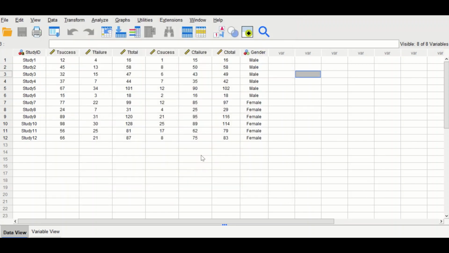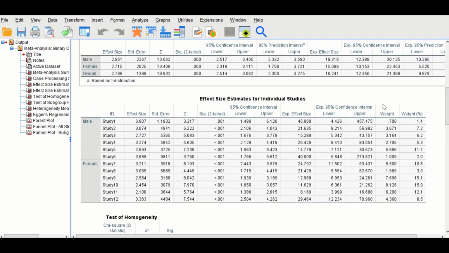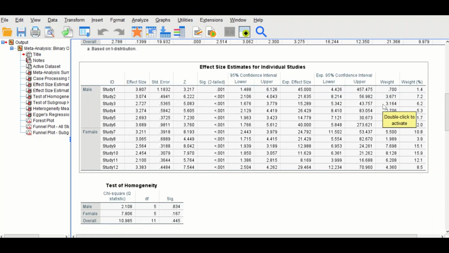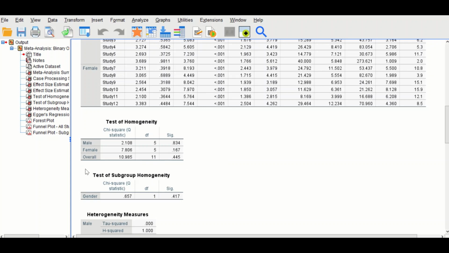Now if we click on OK, an output will be generated in SPSS, and as shown here, a meta-analysis summary is given, showing that the outcome is binary, the effect size measure is the odds ratio, the model chosen is random effects, and the weight is inverse variance, and the estimation method is given here. Scrolling down into the section for the test of homogeneity, as shown here,